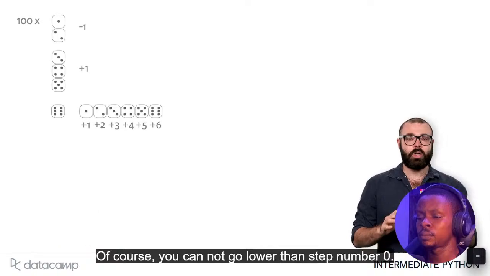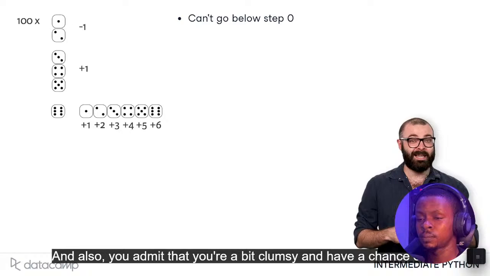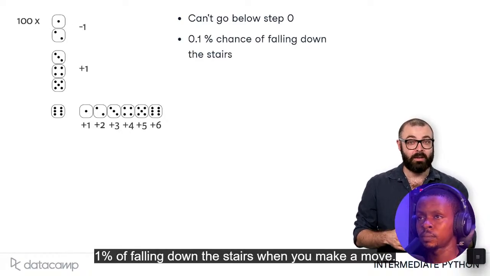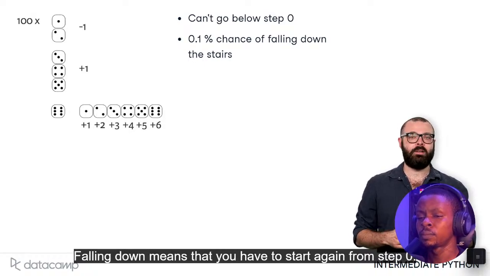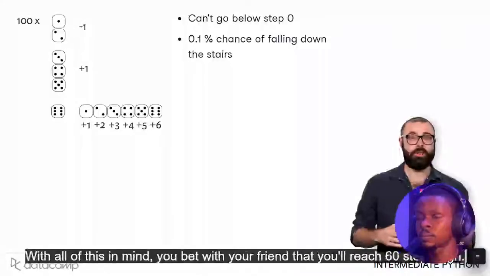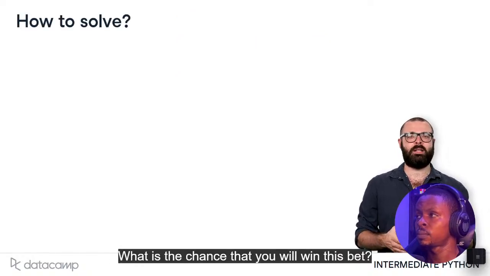Of course, you cannot go lower than step number 0. And also, you admit that you're a bit clumsy and have a chance of 0.1% of falling down the stairs when you make a move. Falling down means that you have to start again from step 0. With all this in mind, you bet with your friend that you'll reach 60 steps high. What is the chance that you'll...